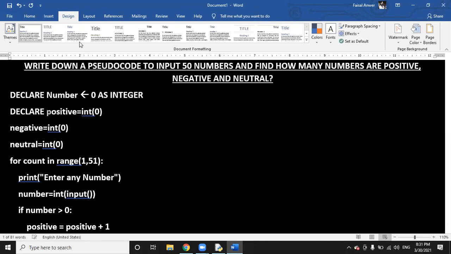Declare positive is equals to 0 as integer. It is not rocket science to convert programming language code into pseudocode. You just need to remember the rules.